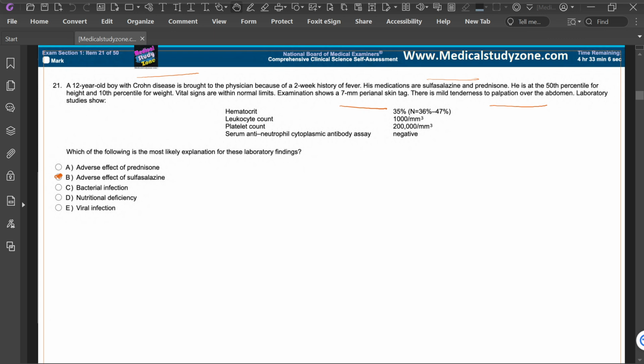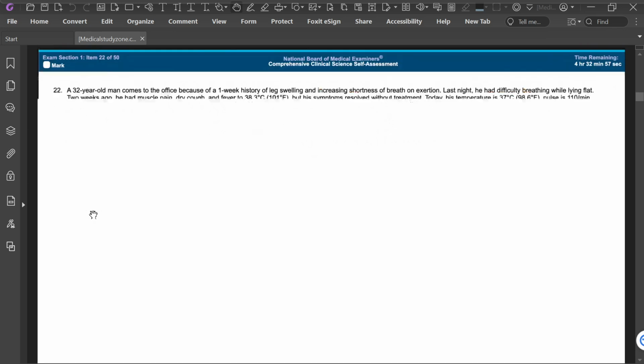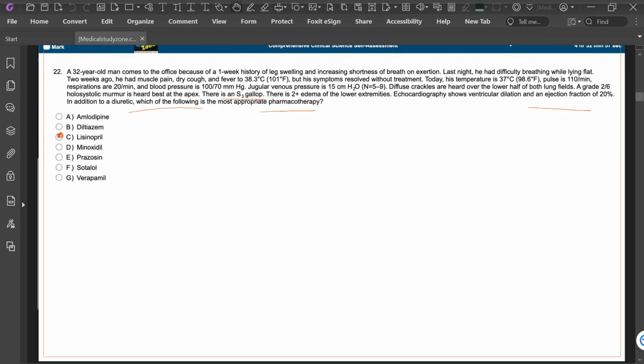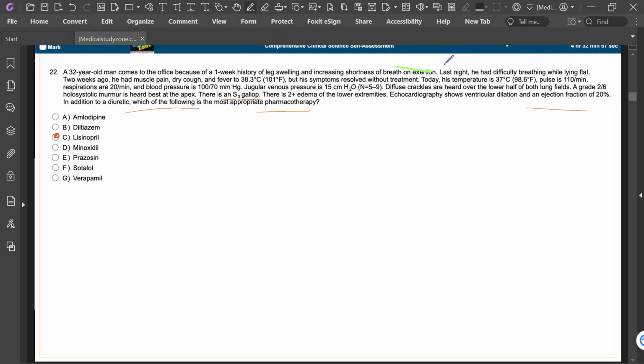Okay, next. A 32-year-old man comes to the office because of a 1 week history of leg swelling and increasing shortness of breath on exertion. Last night he had difficulty breathing while lying flat. 2 weeks ago he had muscle pain, dry cough, and fever, but his symptoms resolved without treatment. Today his temperature is normal, pulse is high, respiration normal, blood pressure a bit low, jugular venous pressure is